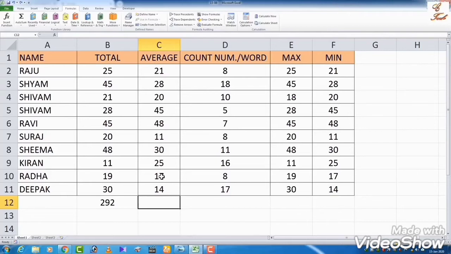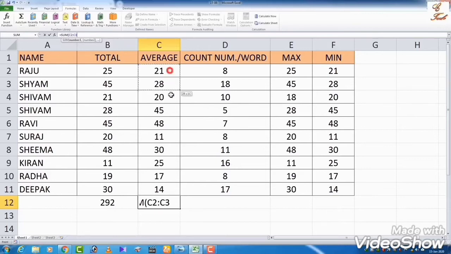I will write first equal to, and I will select all the values. How many values in total? 10 values are there, and that sum I will divide by 10.